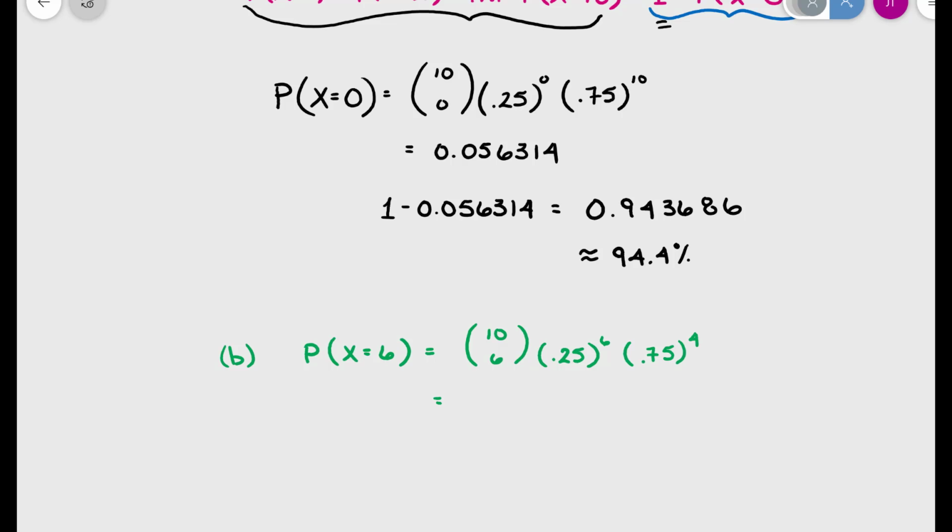We type this in our calculator, and we get 210 times 0.000244 times 0.316406. So we multiply all those together,